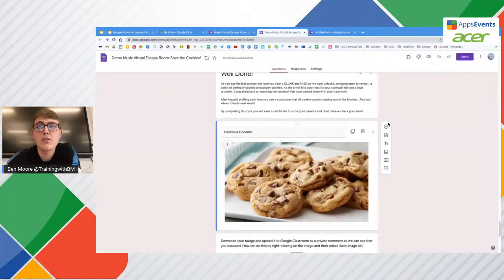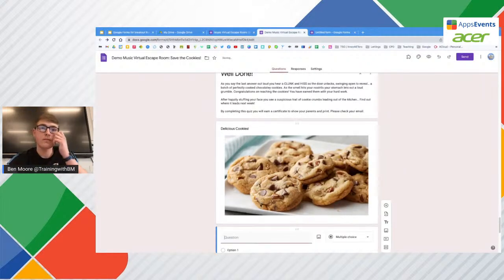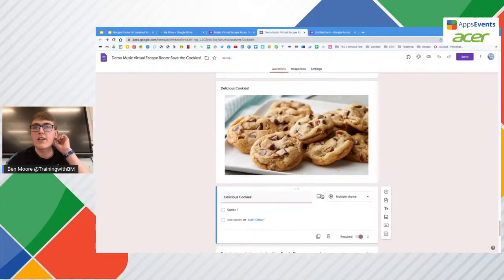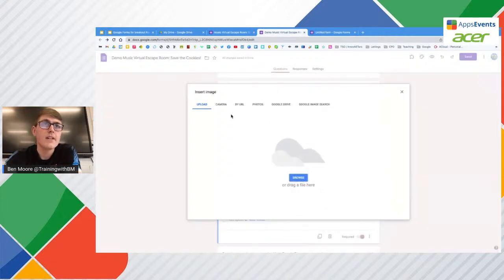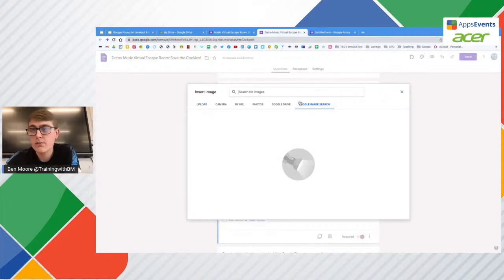So let me just make another one to show you. I'm going to put in here delicious cookies, just to show you how I made it. Click on the picture here. So you have the option to upload from your own computer, so from your downloads, or you could even look at Google image search over here, which I think is a very underrated tool